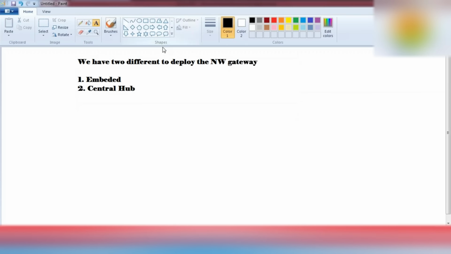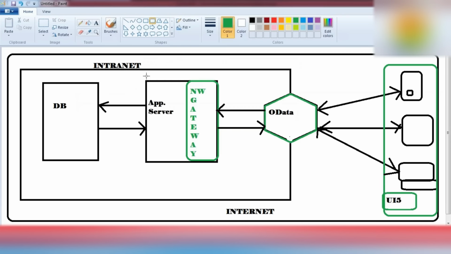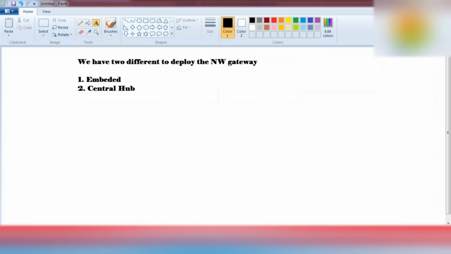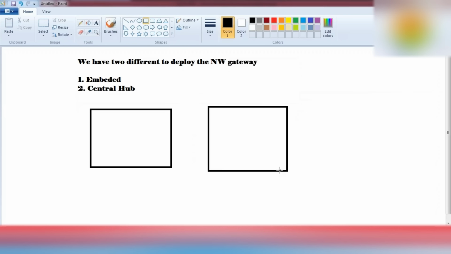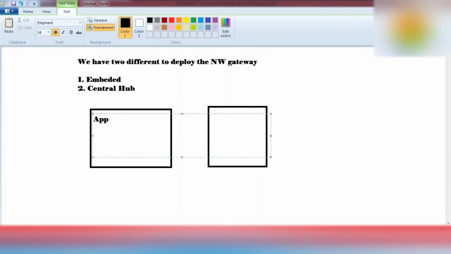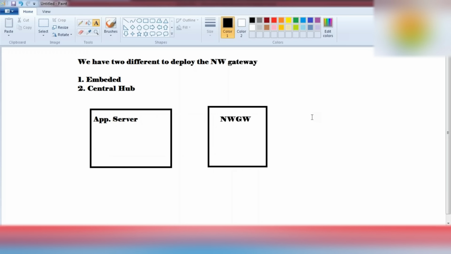Embedded option means, as I have shown you, we deployed NetWeaver Gateway on our application server. So this is one way. This is your application server, this is your NetWeaver Gateway. Generally, big organizations don't want to hamper their already existing application server.